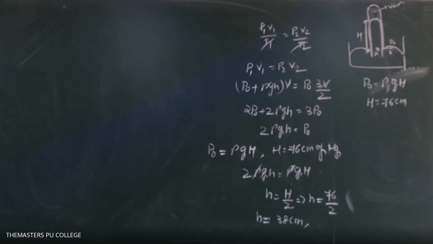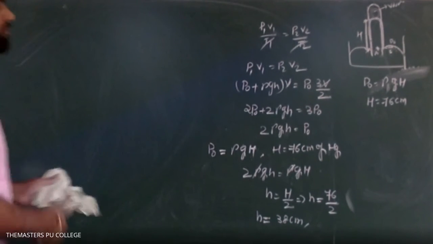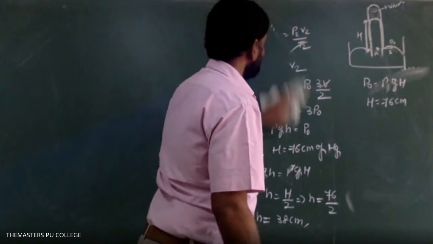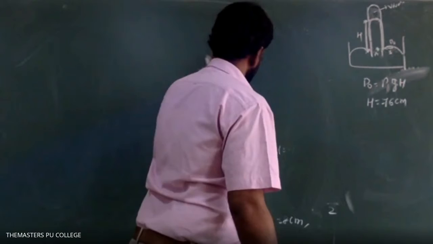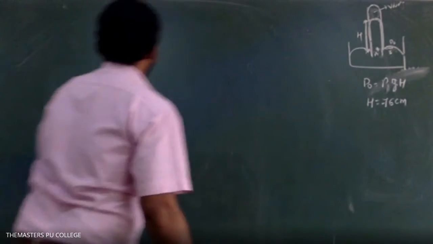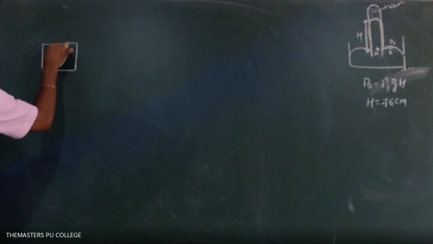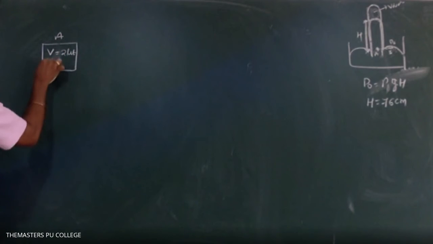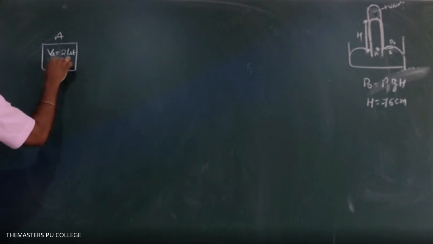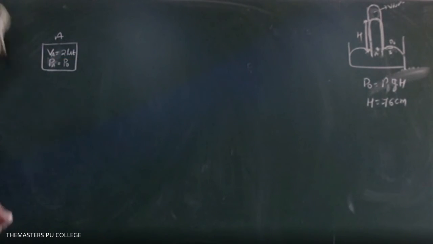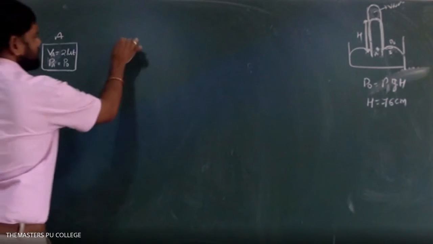So just have a look at this. Two gases A and B, each of volume 2 liter. This is the gas A, volume equals 2 liter. The pressure, you can write PA, let it be P naught. Atmospheric pressure is P naught, let it be. And this is